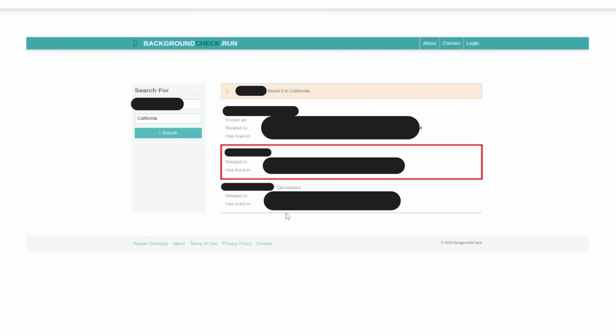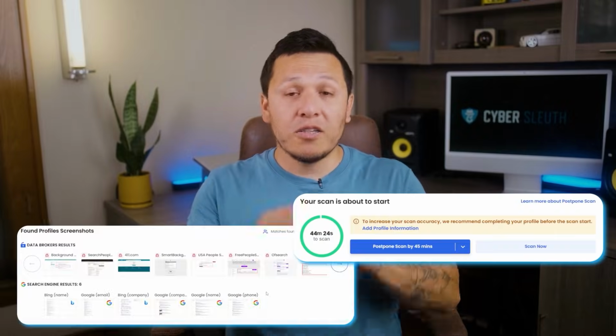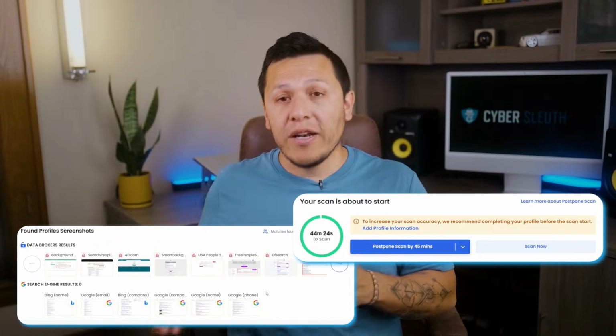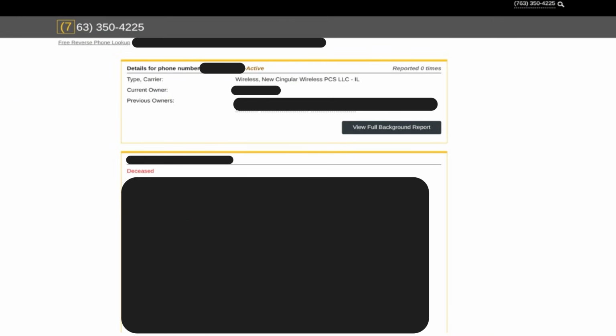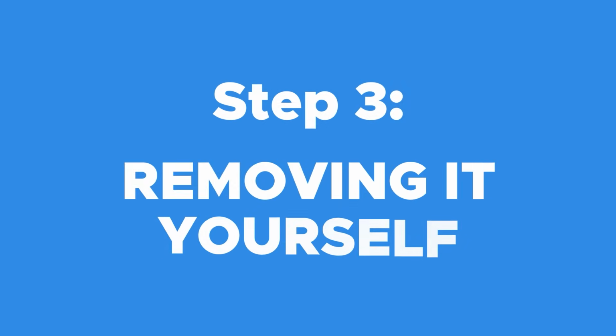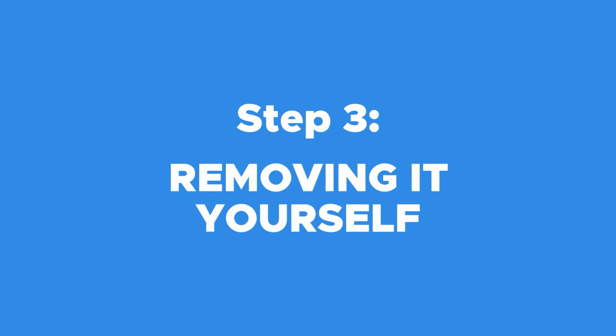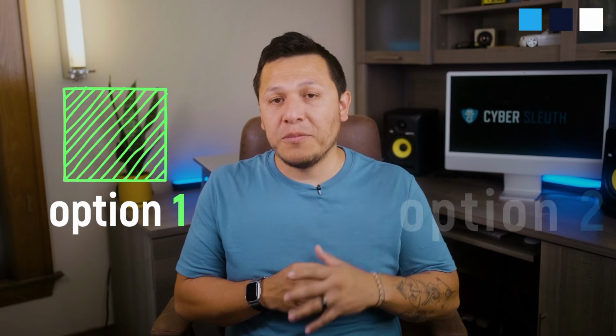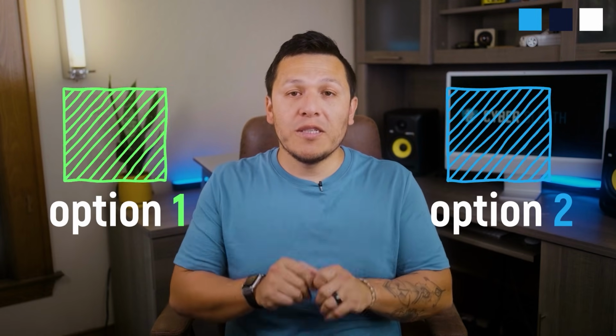A lot of it will be accurate, but some of it might be wrong. You get a scan, you get a screenshot so that you have accuracy and you know where your data is, and then you can get a clear picture of what information is out there and where it is. Once we find out where all the scary stuff is, you have 2 options, and the first one is completely